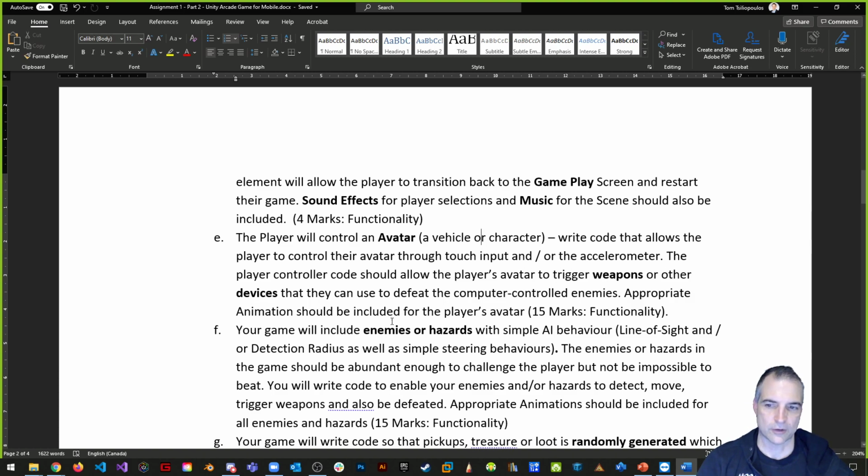And appropriate animation should be included for the player's avatar. All right. So that's something that you should have already planned for, animations. I talked about that. It's got to be very simple, literally something that's consistent. You don't have to make a lot of different kinds of animations unless you're moving around